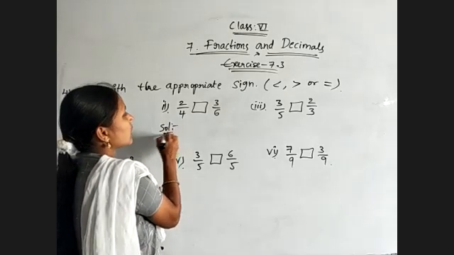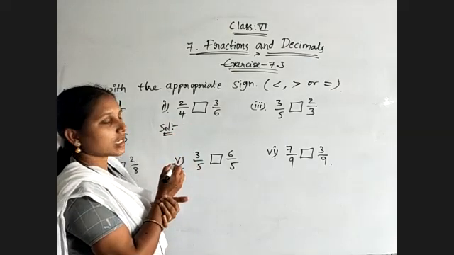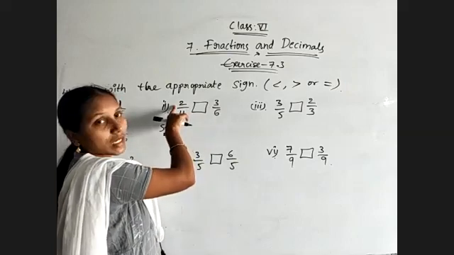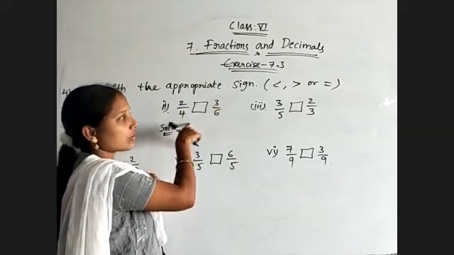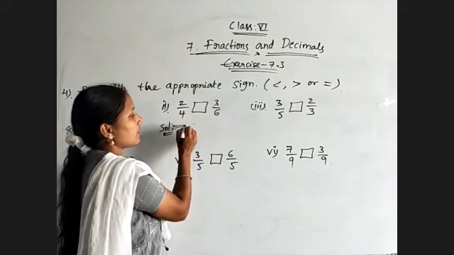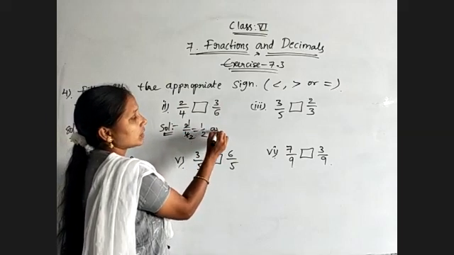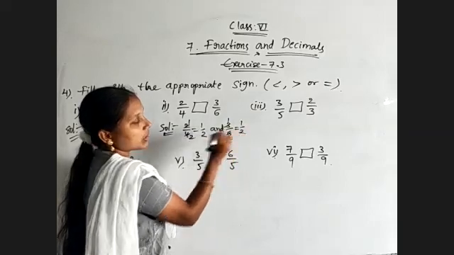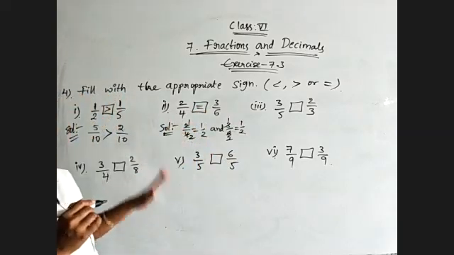Here, both are not given in the simplest form. Otherwise, go through with the cross multiplication, then also we can understand. So both are unlike fractions. 6 twos are 12, 4 threes are 12. So 12 by 4 sixes are 24, we will get 12 by 24. Both are equal. Otherwise, just see 2 by 4 simplified form: 2 ones are 2, 2 twos are 4, 1 by 2. And 3 by 6 is equal to 3 ones are 3, 3 twos are 6, 1 by 2. That means both are equal. 2 by 4 is equal to 3 by 6.